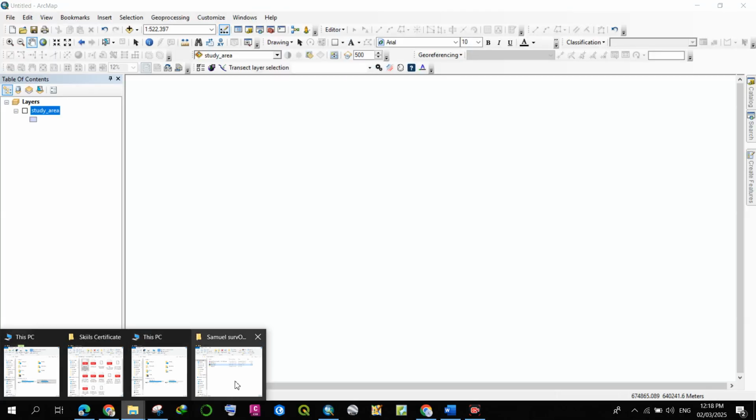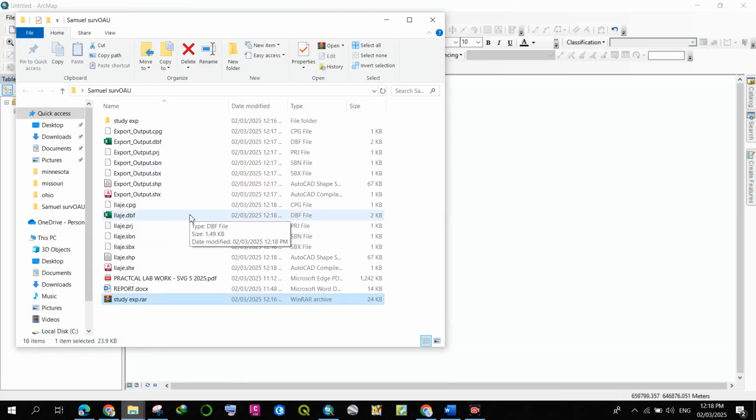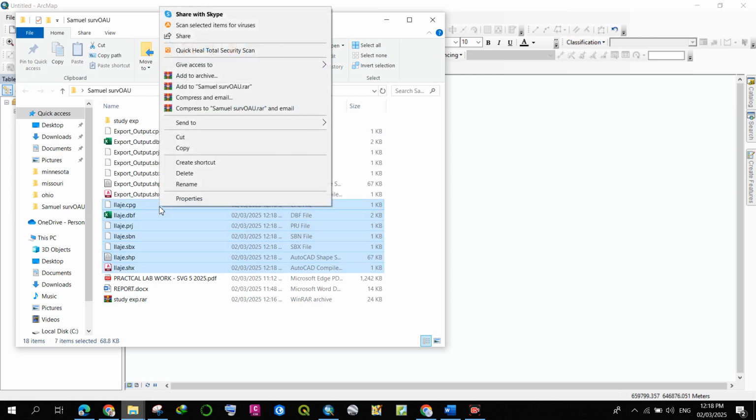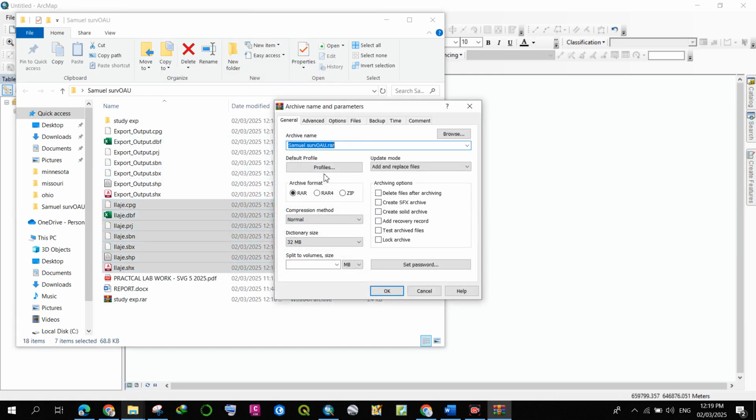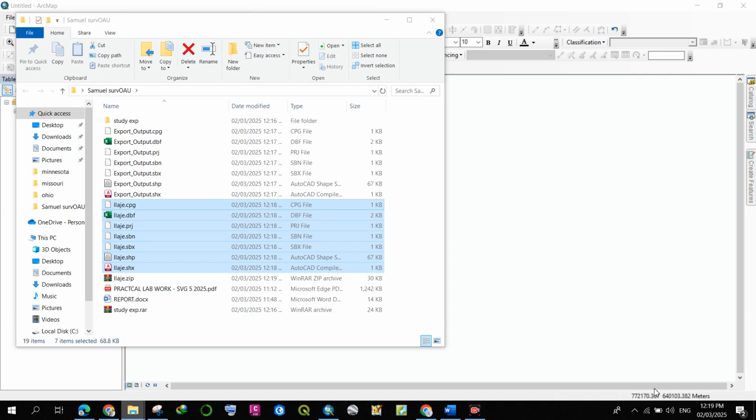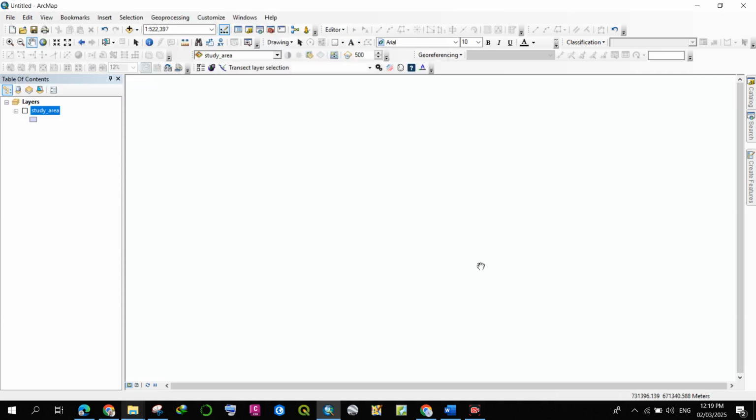So the next thing is to go to the folder where you saved that, Ilaje, and then you highlight every component of Ilaje, and then zip archive this, let's say as Ilaje. We're going to archive this to a folder, zip it, and then click OK. So once you're done with the archive, you go back to the Google Earth Engine environment,